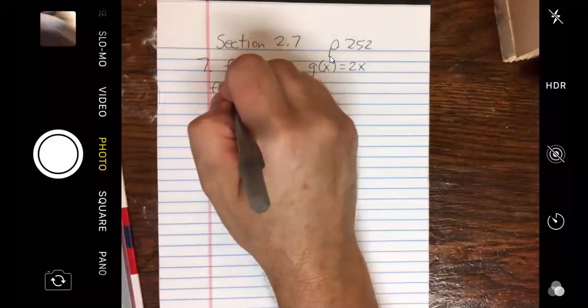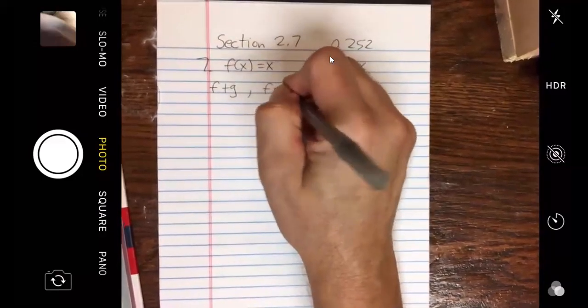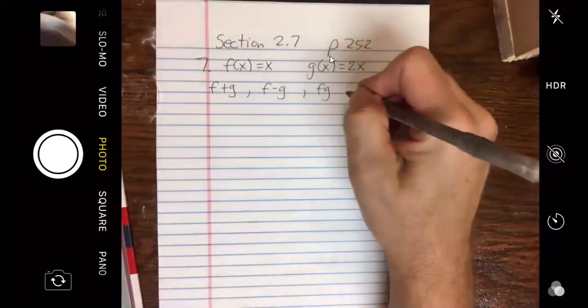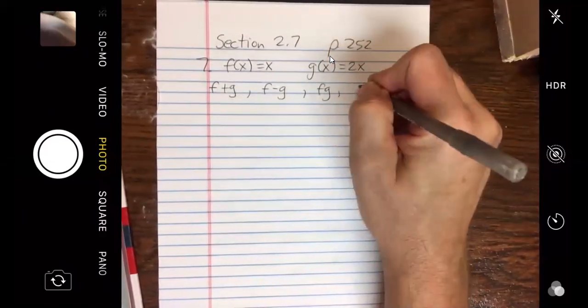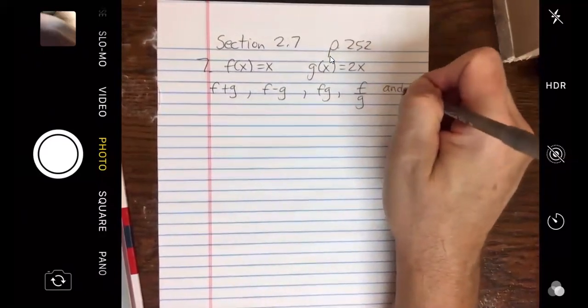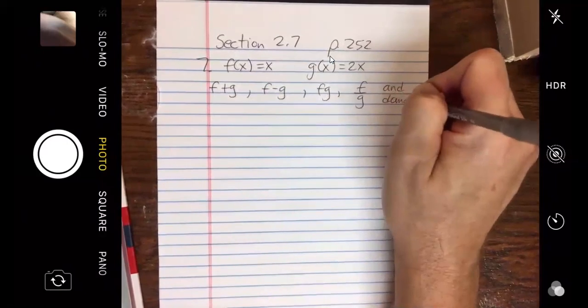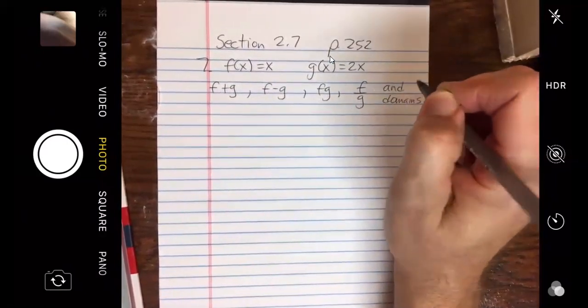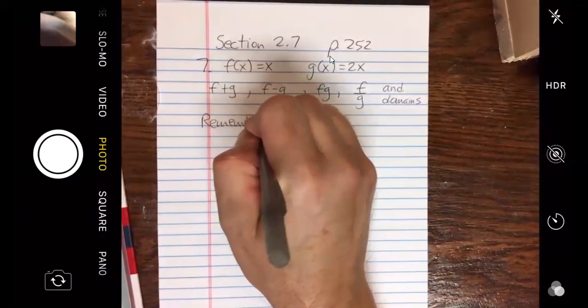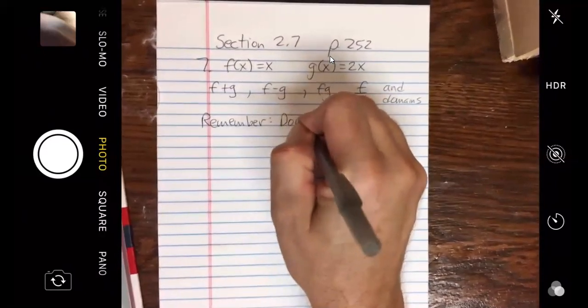F plus g, f minus g, fg, and f divided by g, and domains. Remember, on domains,